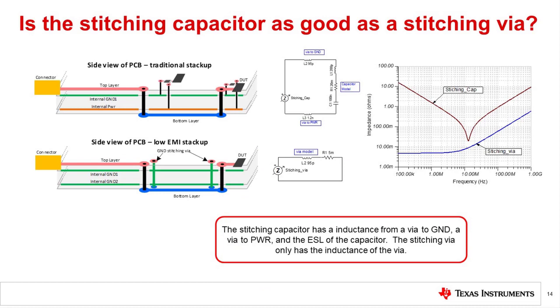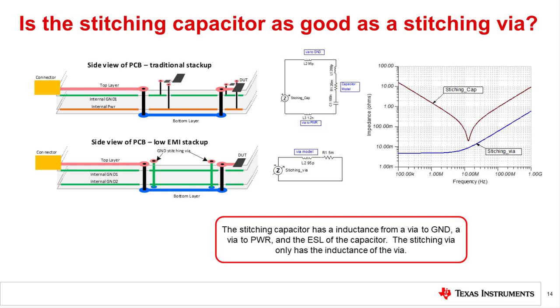One question you may ask is whether stitching capacitors are as effective as stitching vias for connecting two planes together. The short answer is that stitching capacitors will generally not be as effective at high frequencies as stitching vias. The reason is that the stitching capacitor will require two vias and a capacitor. The capacitor and both vias will have inductance that will limit the effectiveness of this AC connection between the two planes. The stitching via will also have inductance, but it will be less than the stitching capacitor and its two